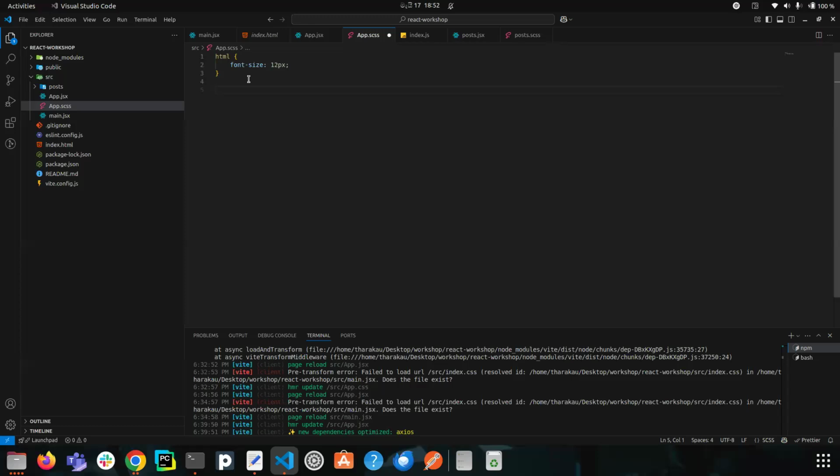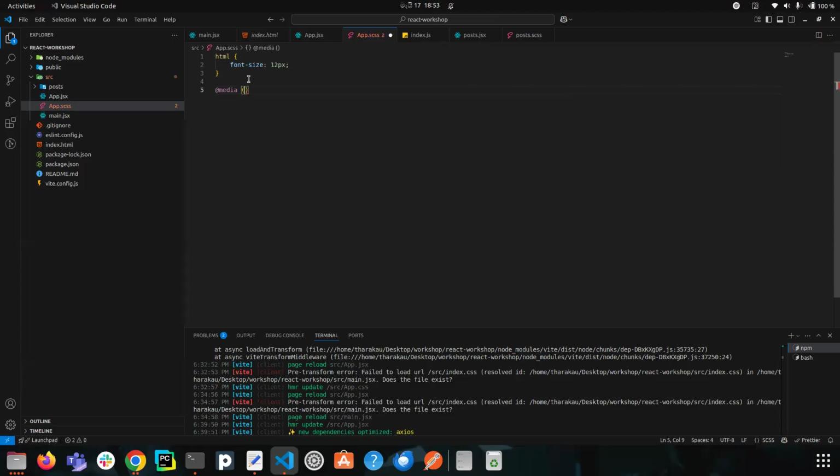So the basic style should be mobile styles. Then if we need styles for the other screens, then we will write those styles. So for mobile devices, I will keep the font size as 12, and let's say the width is